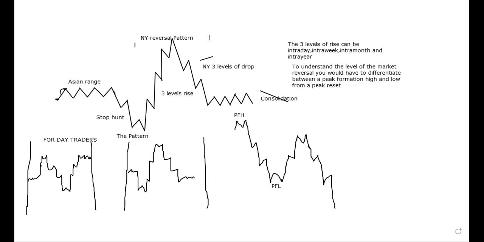Okay, after identifying the peak formation low, this is a peak formation reset, PFR. So this is a reset. Now, ideally, from this peak formation low, you'll have 3 levels of rise. But look at here, the market gave us a